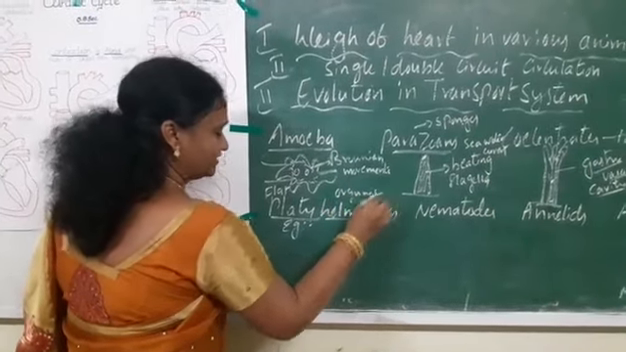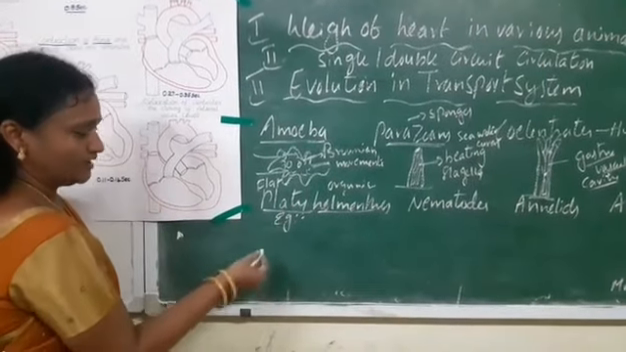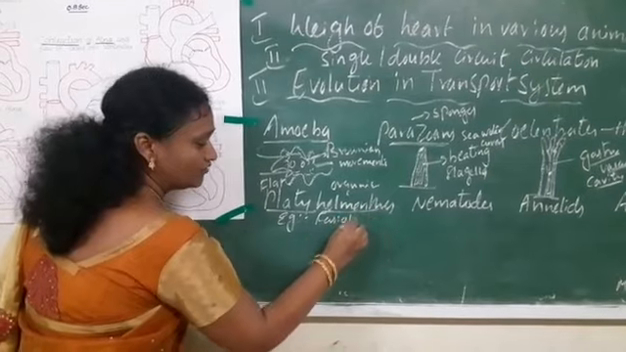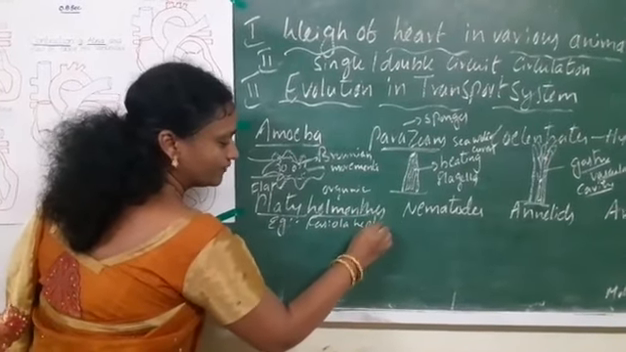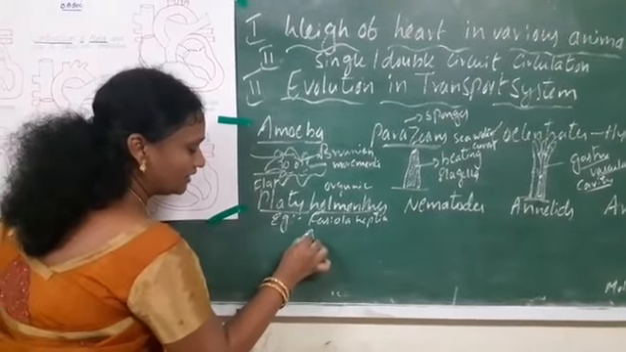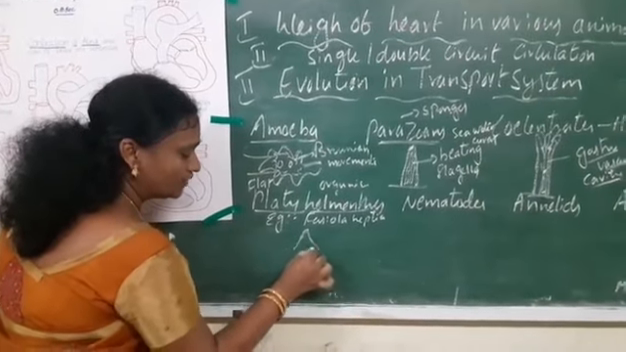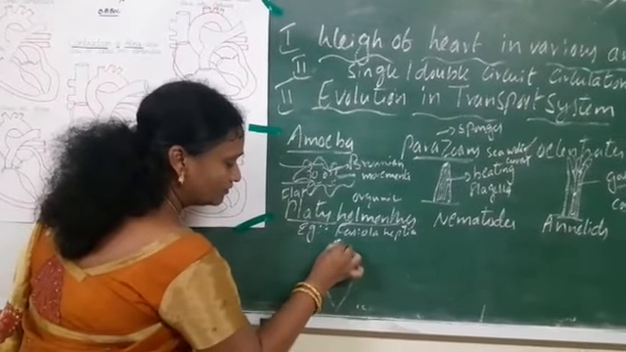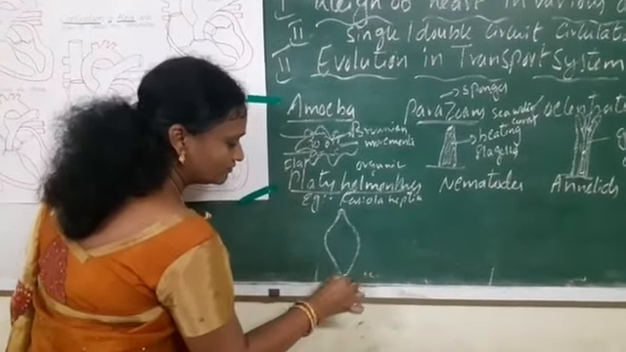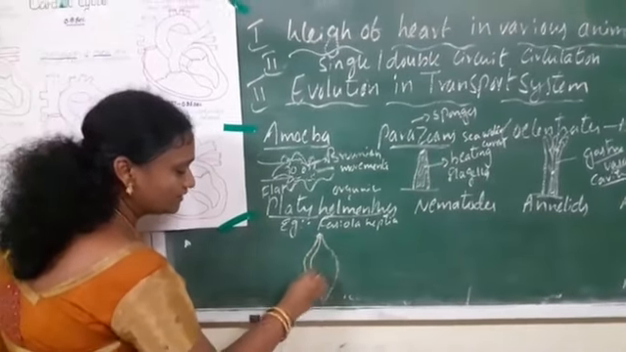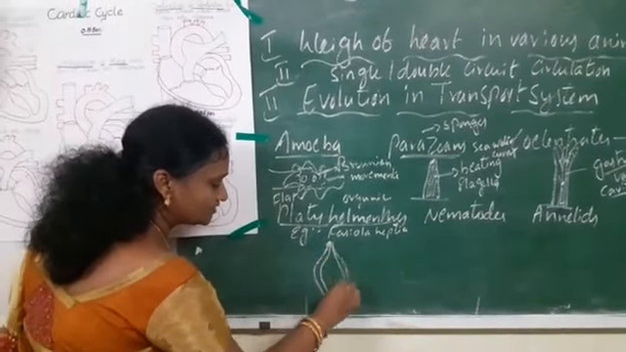Ribbon-like organisms will be observed in the platyhelminthes. For example, you can take Fasciola hepatica. When we observe Fasciola hepatica, it has a mouth. Surrounded by the mouth, we observe the Fasciola hepatica. This is a parasite. Here, two branch structures,